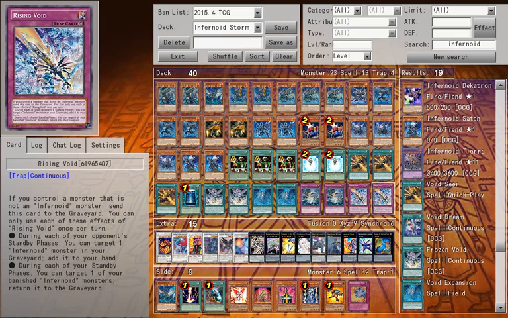And 2 Rising Void. When people first saw this, they thought, oh, it's useless. But it isn't. It is really actually good. You can only have it if you have Infernoid monsters on your field. So if you have a step monster in your field, this kills it. If you have a Raiden or your Card Trooper or a Synchro Exceed, this will kill Rising Void, like Burning